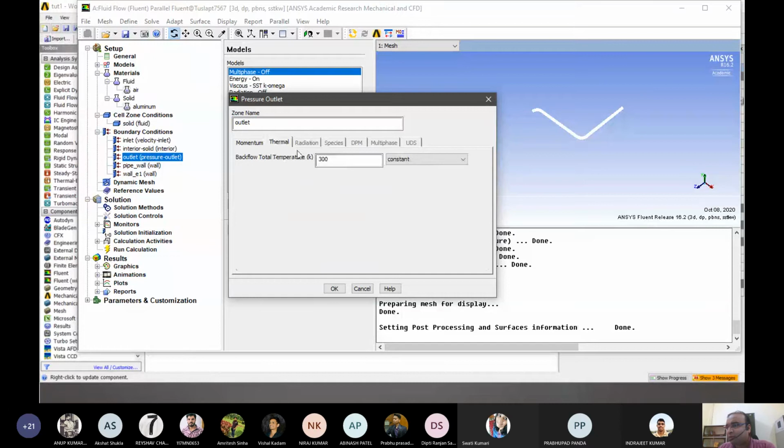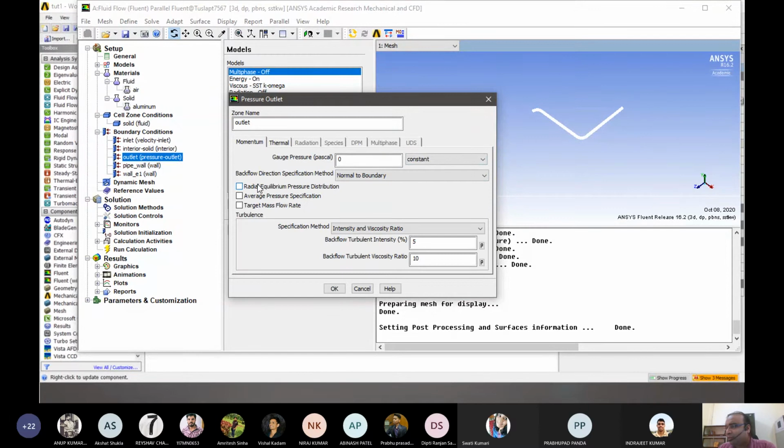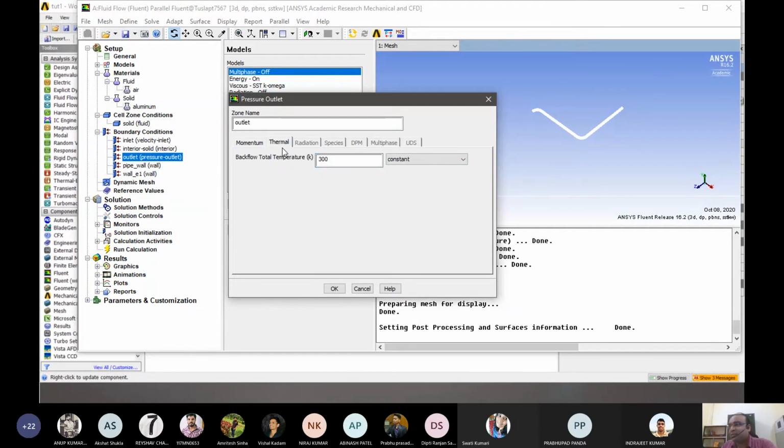And the pipe wall is our usual wall. We are not concerned with that. But for the next wall, the heating element wall, we have to define some thermal condition. In that case, we can give what kind of energy we are putting in. We can give heat flux in watts per meter square, we can give temperature, a heat transfer coefficient or heat convection, radiation or some mixed value.